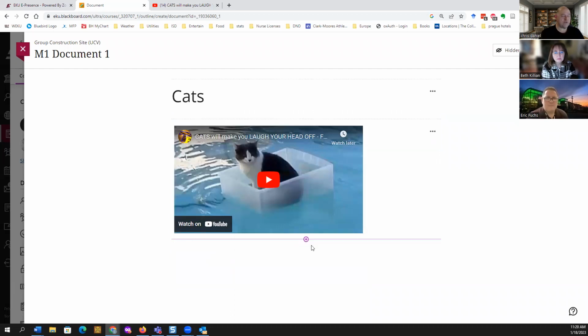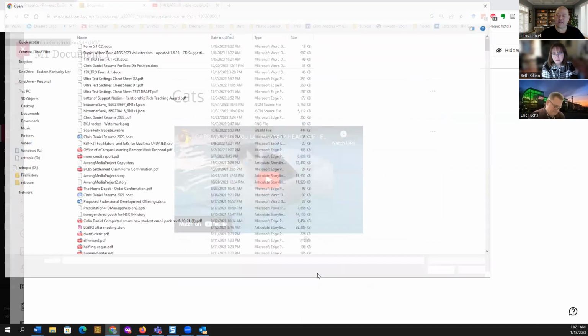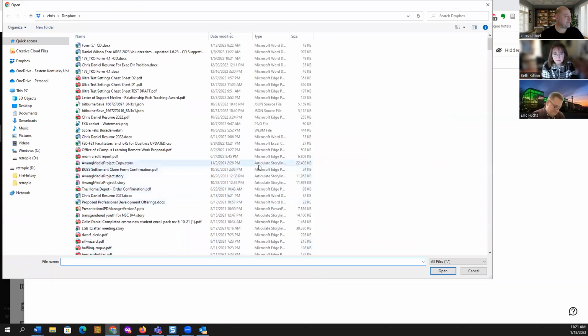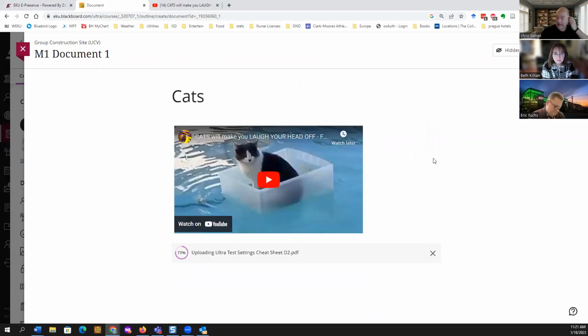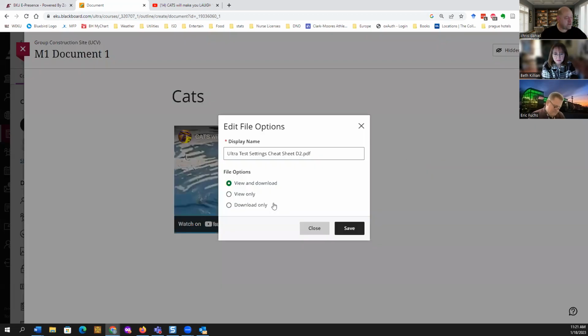Great. Now, what if I want to attach a document that I have on my computer? I can hit the plus here, upload from computer. So I'm adding three elements inside this document. I'm not even sure, there's some sort of PDF. So I'm inserting a PDF. I have some control. Do I want students to be able to download this PDF?